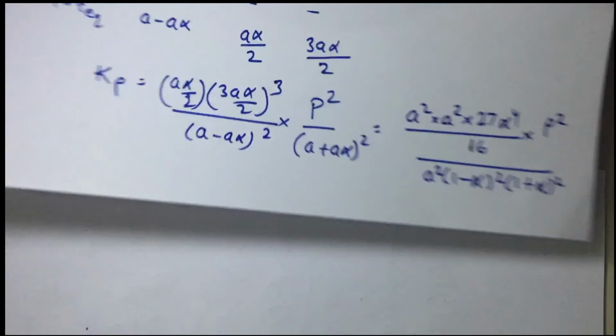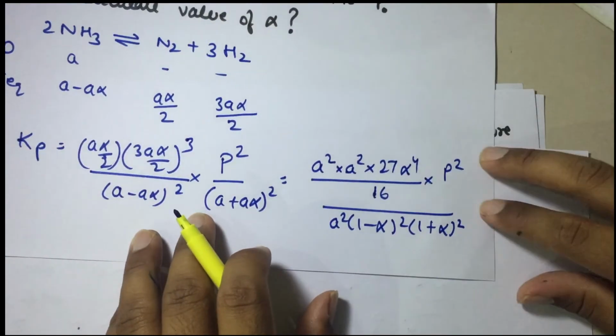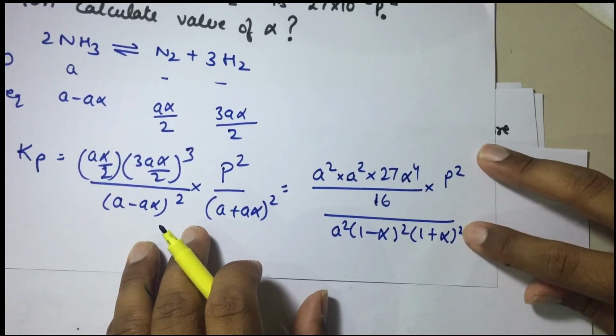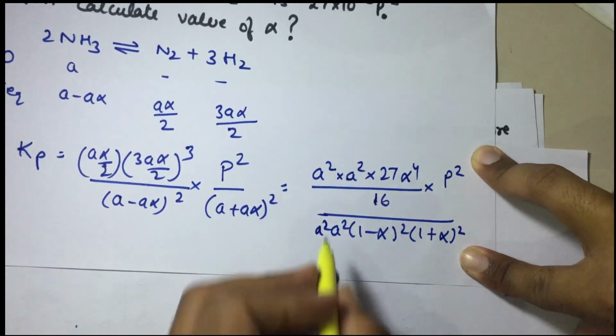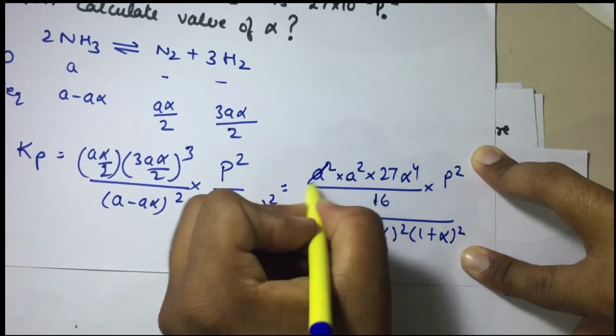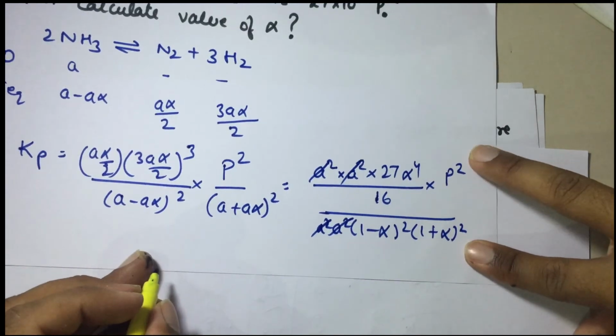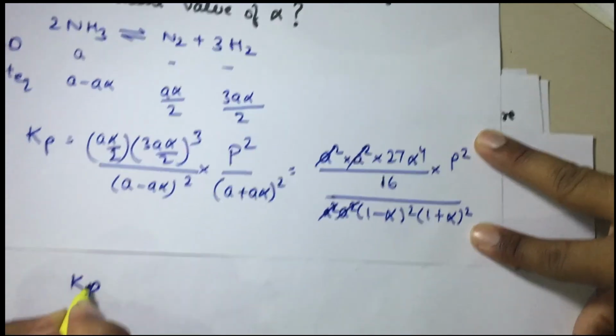Okay, so after solving this, we can cancel out the A, initial concentration. So Kp, expression of Kp